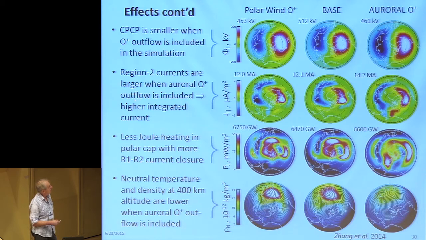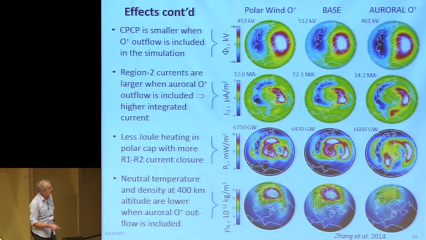The region 2 currents are larger, and what that means is that it reduces the cross-polar cap potential because some of that region 1 current is now closing at lower latitudes into region 2. It doesn't have to close across the polar cap, all of it. And so the potential on the polar cap is lower in that case. And as a consequence, the distribution of Joule heating is different because of that closure, and you can see here